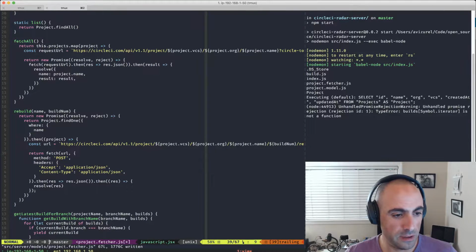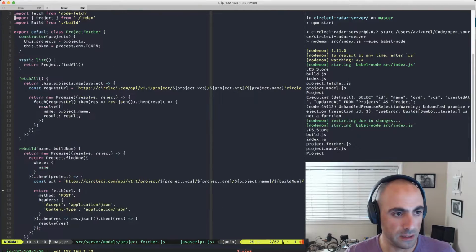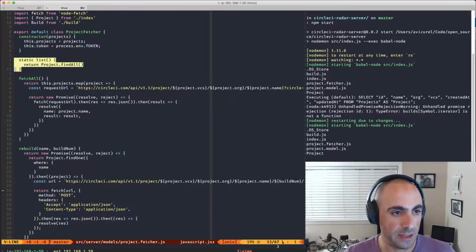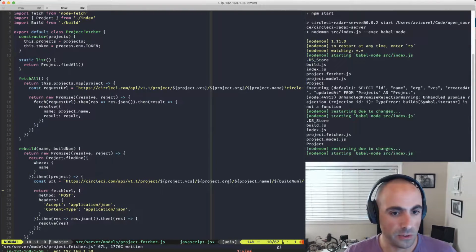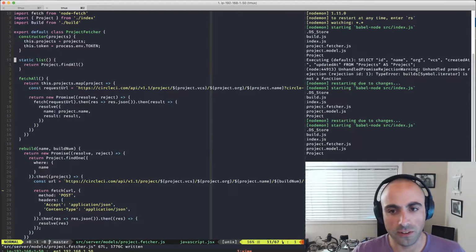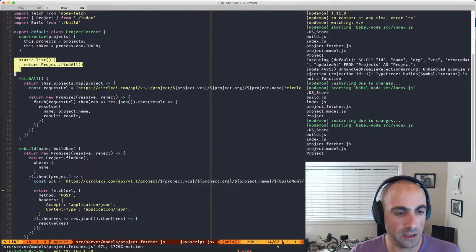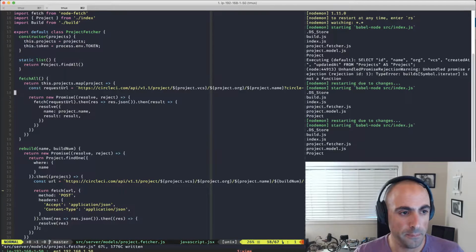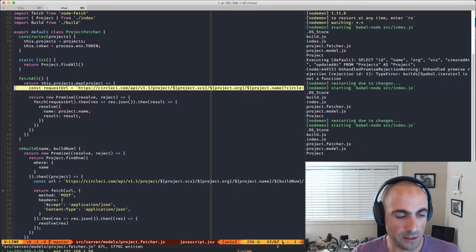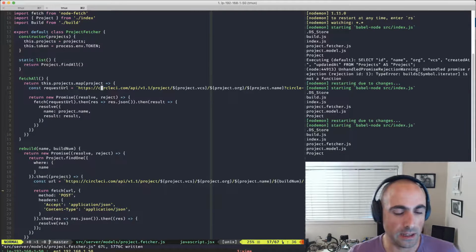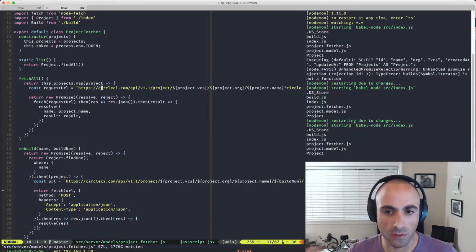Because I was a little bit in a hurry, it has a static one for list, so it acts almost as a project repository and project fetcher from Circle CI, and it also acts like a Circle CI client. So I want to refactor all of this out